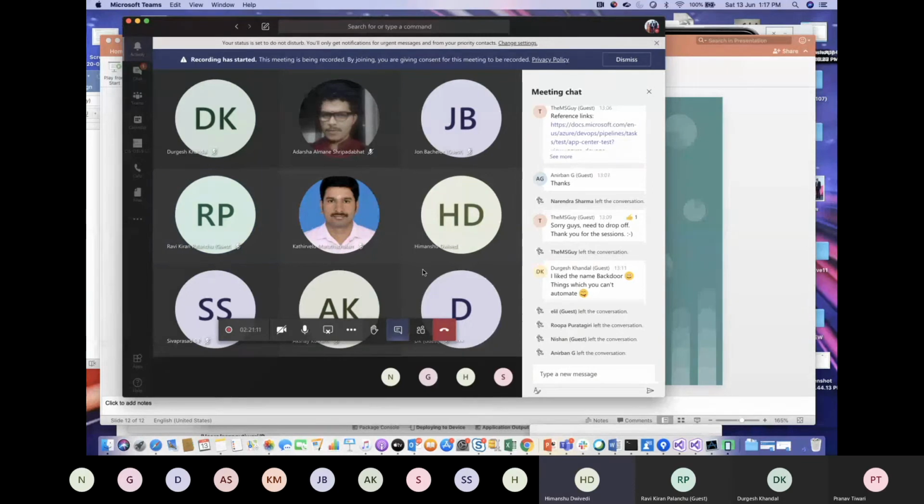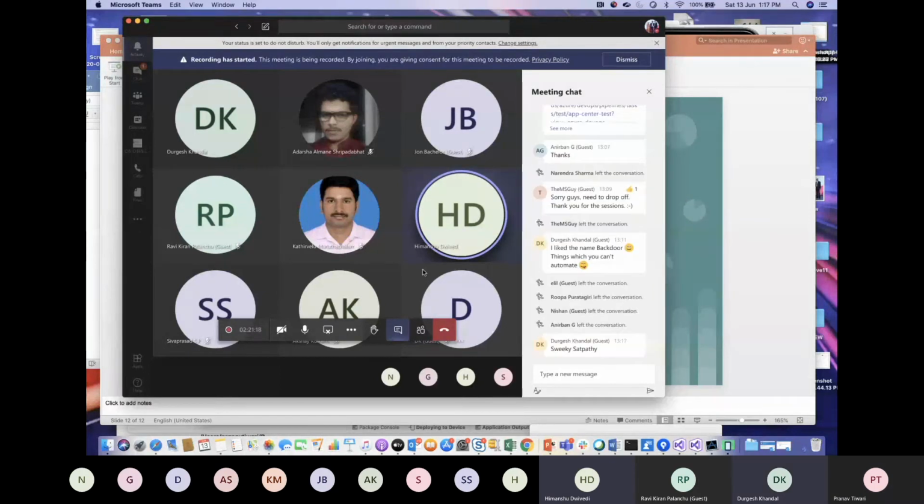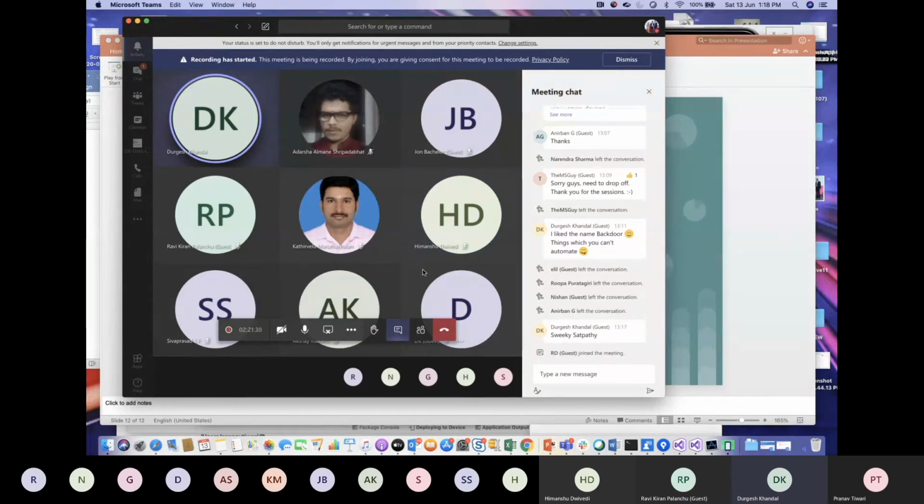So Durgesh, in the chat, is there any question for me, because I cannot see those questions? No, we were all absorbing information related to Xamarin UI tests. No questions, but anyways, if people can unmute themselves and if they had any questions related to collection view and Visual State Manager, Himanshu is with us. You can unmute yourself and you can ask.